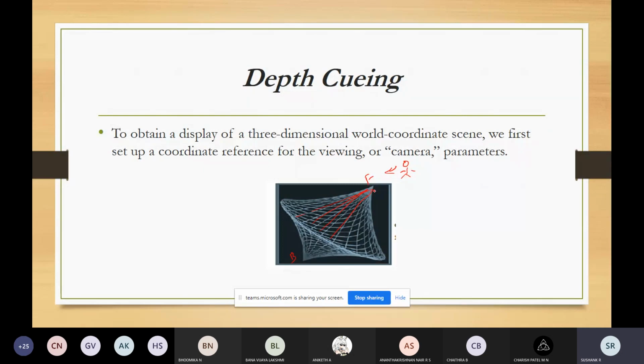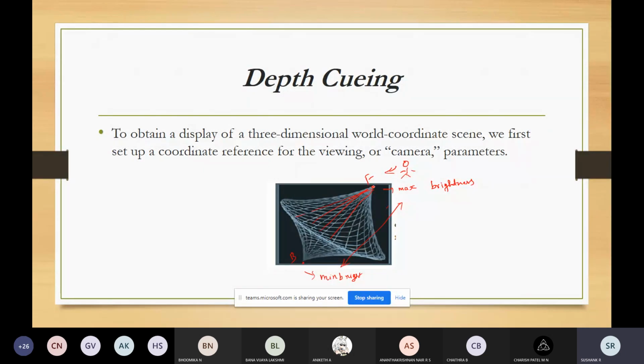So this point will have the maximum brightness, and the rear point will have the very minimum brightness. And the lines along this path will be in the range of this maximum brightness to minimum brightness.